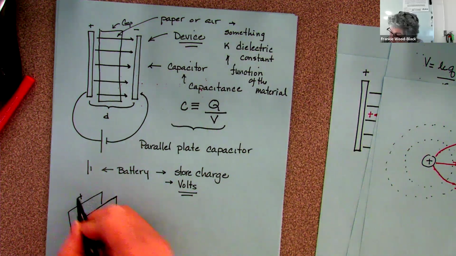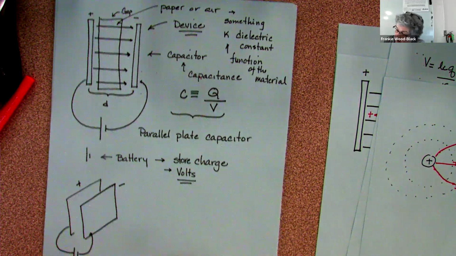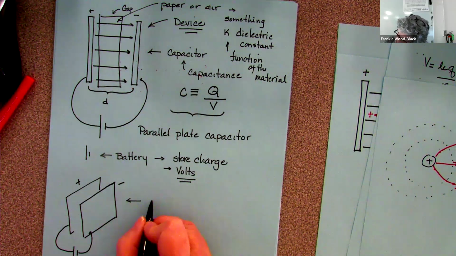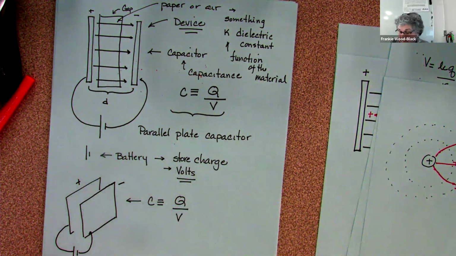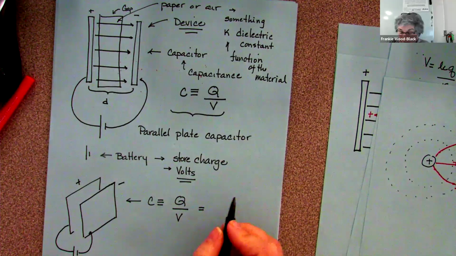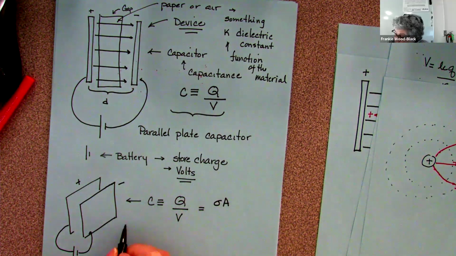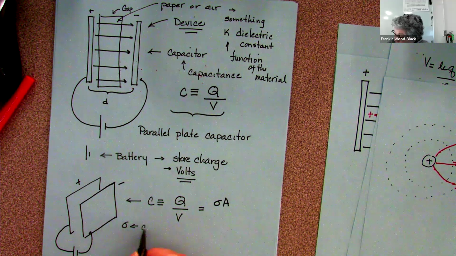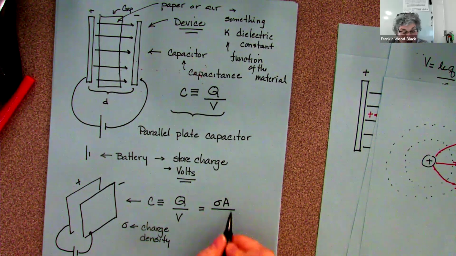Okay, this one is a positive plate. This one's a negative plate. It's connected to my battery. And I want to find the capacitance. We said it's defined as the charge divided by the voltage. Well, the charge is going to equal my charge density times the area. And this is going to be charge density divided by the area, divided by